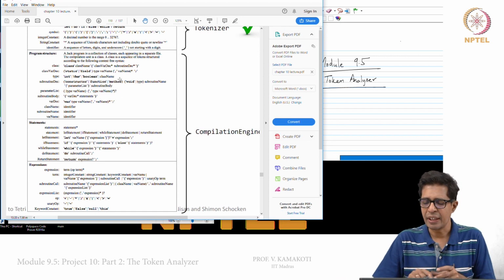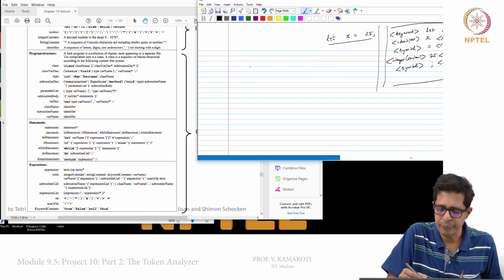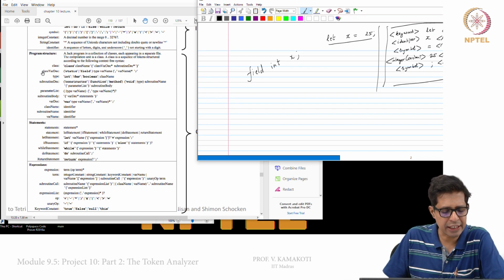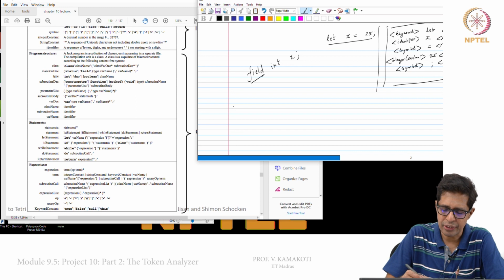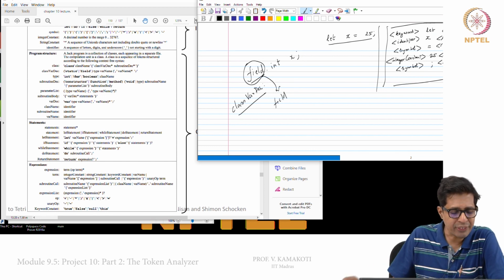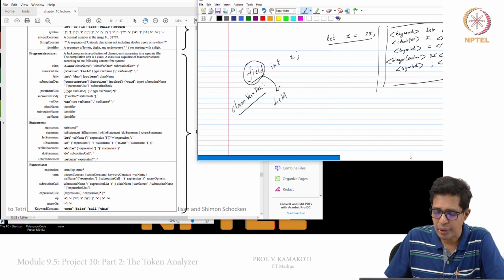So just to start here, let us say I have field int x. This adheres to this rule. The class variable declaration rule will first see field or static. Yes, it sees field. After the static or field, you need to have a type.